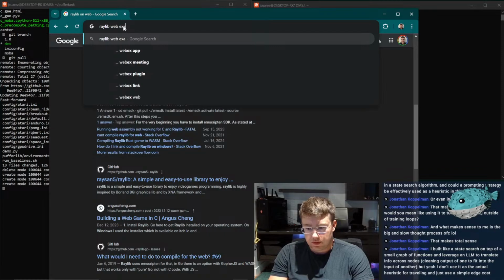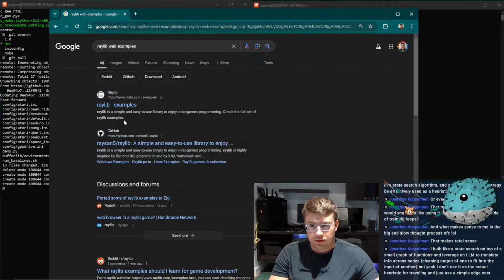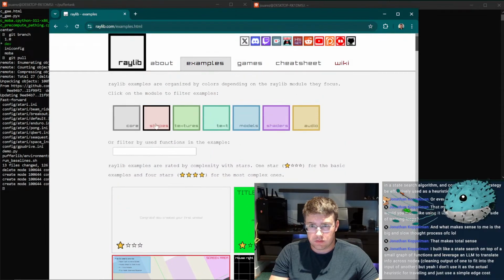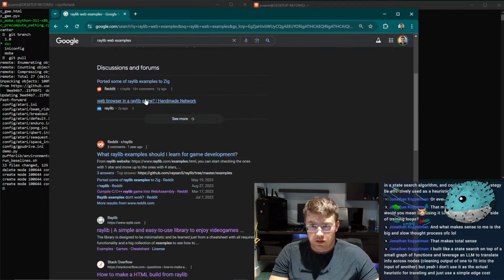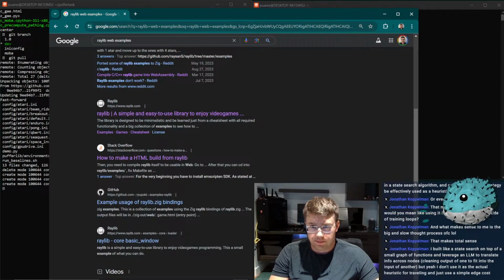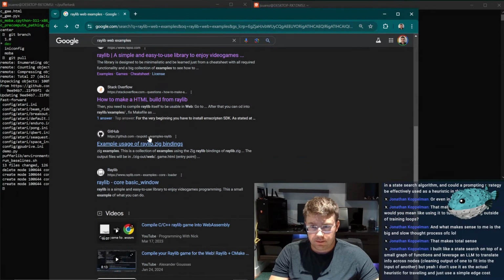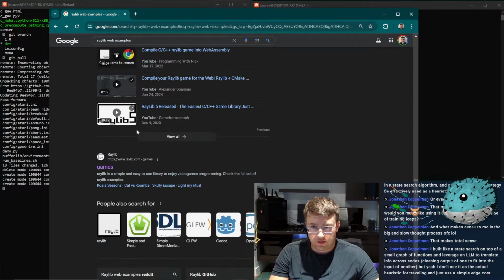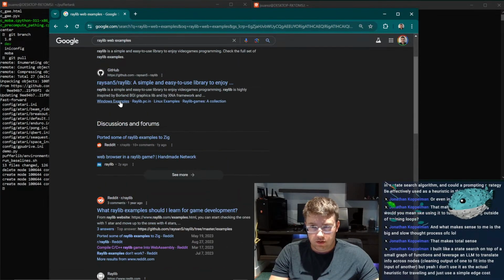Raylib web examples. Some of them are in Zig as well. That's cool. I was considering that. But I think we're going to start with just C. Where is this darn post?